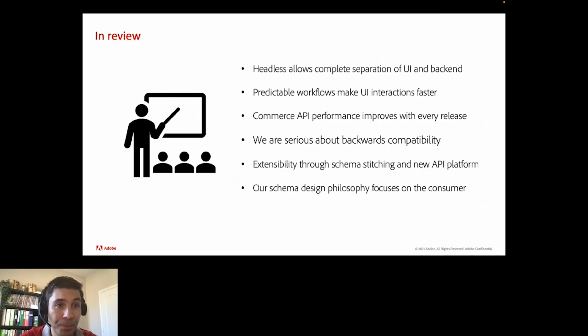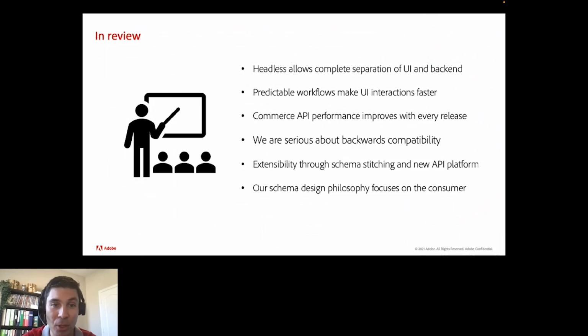In conclusion, headless allows complete separation of the backend from the UI. It allows predictable workflows to flourish and make UI interaction faster. Commerce API's performance improves with every release, and we are absolutely serious about backwards compatibility.